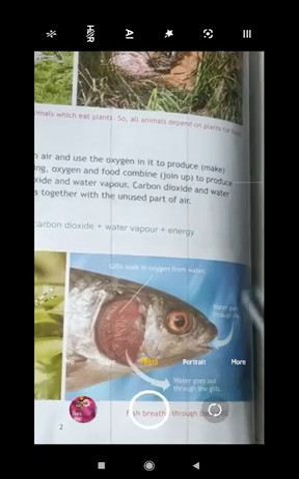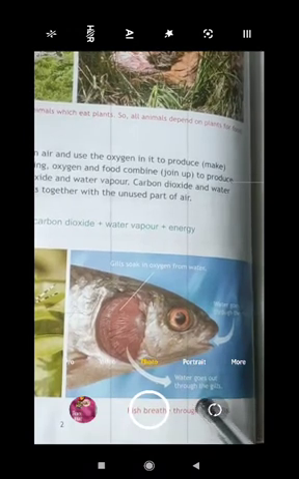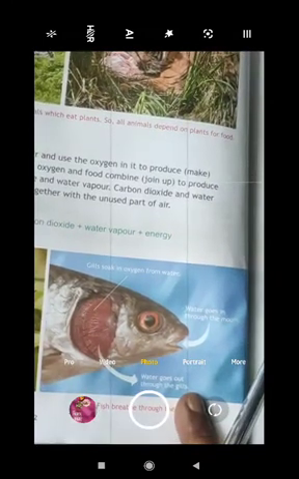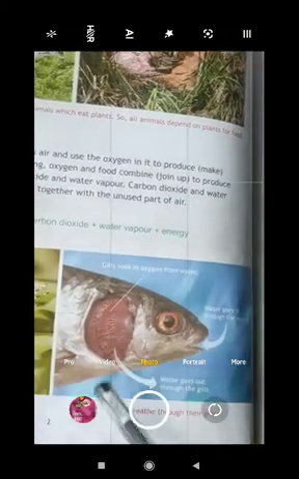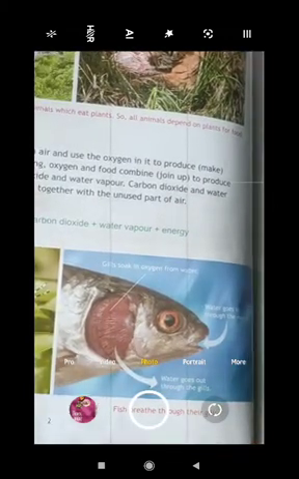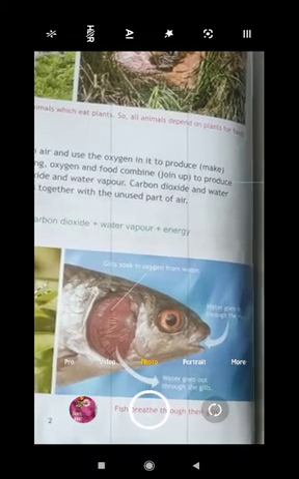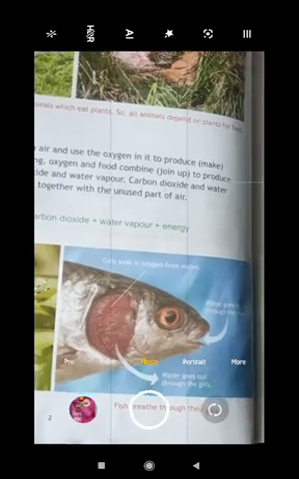Okay. After that, the waste water, or whatever water is not required, will be thrown out by the gills only. Water goes in through the mouth, in the sense they will take the water through the mouth, and after that the process will happen in the gills. Okay. And the required oxygen will be taken by the fish. So that is how it breathes. Okay. Now, the next part is